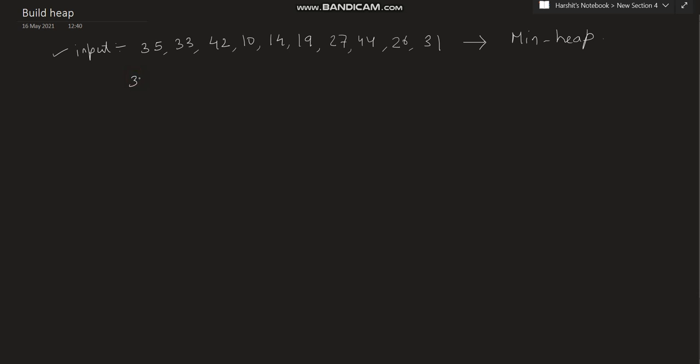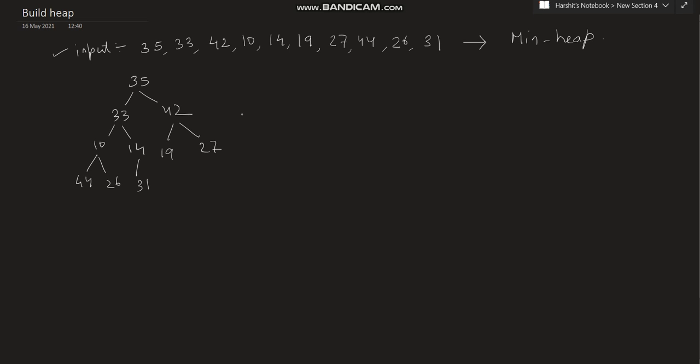So 35, 33, 42, 10, 14, 19, 27, 44, 26, and this is 31. Now after constructing this tree from the given array, the next step is to find the last